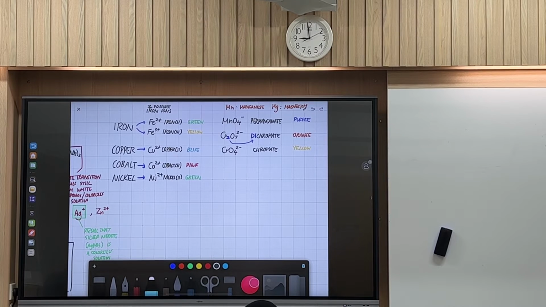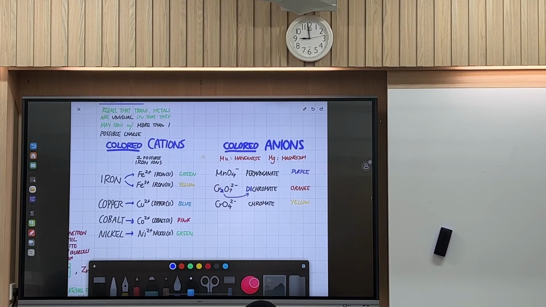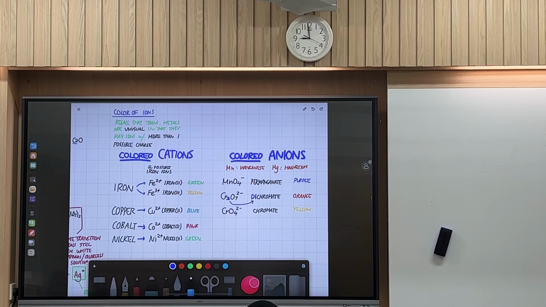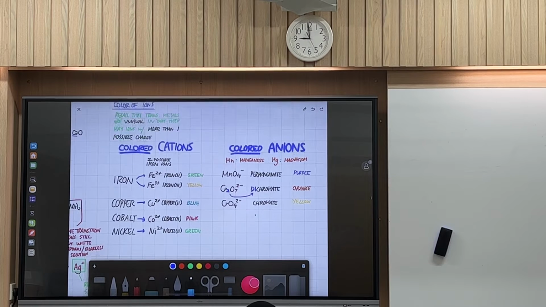Okay, so after you put down the color of the ions, we will use that for our discussion below. The colors can be explained, but not at this level. Just memorize it for now. Next up,